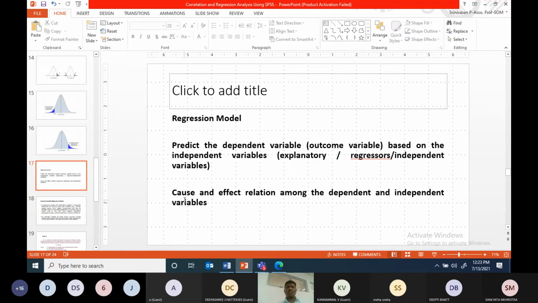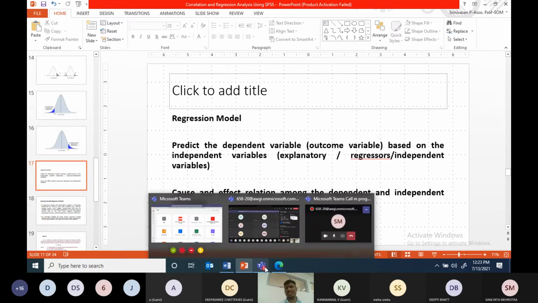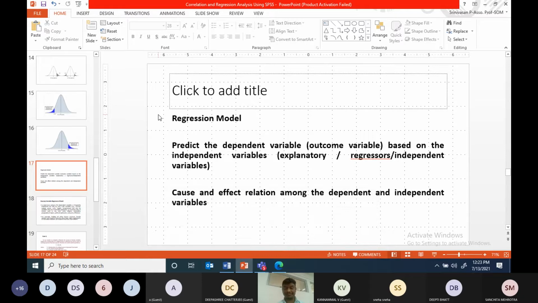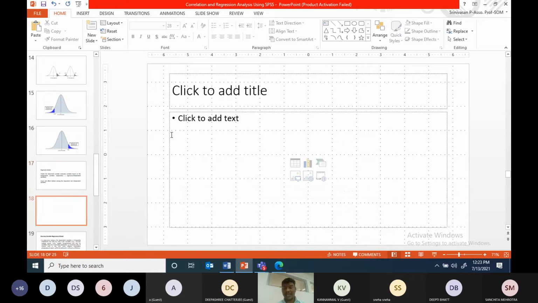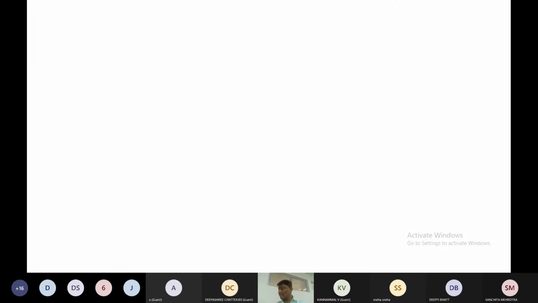So what can you tell me is the equation? What is the regression line or regression equation? You can take one example. Let me go to one slide. You can see here, this is what you usually need to write.